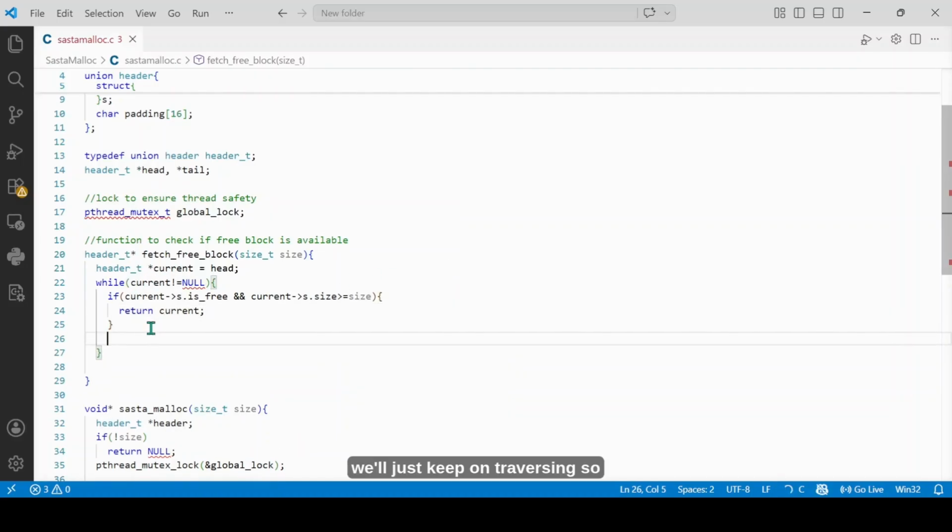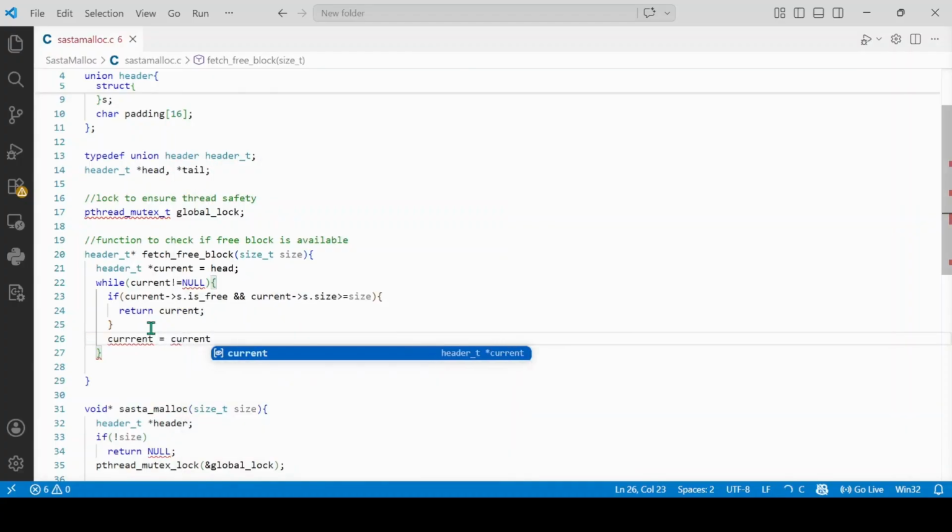Otherwise, we'll just keep on traversing. So otherwise, it will just be current equals current